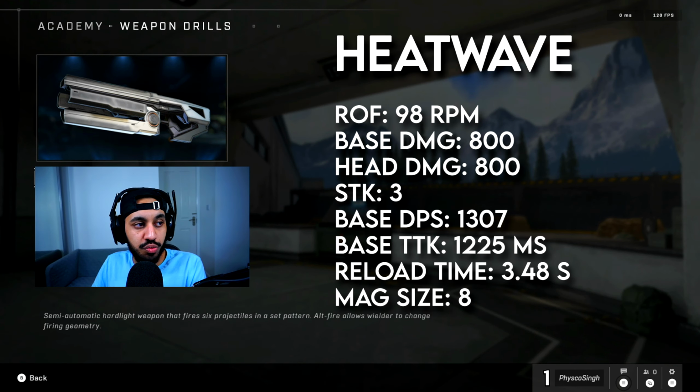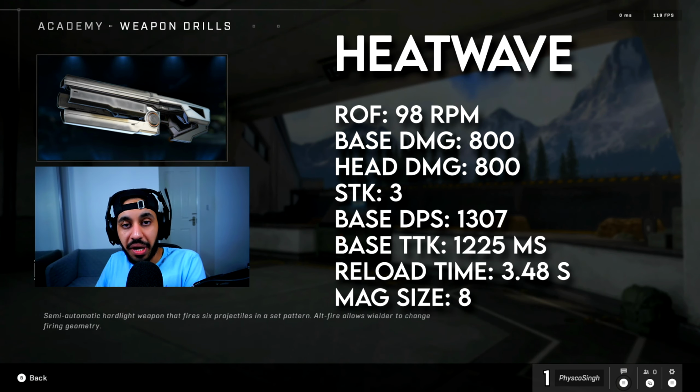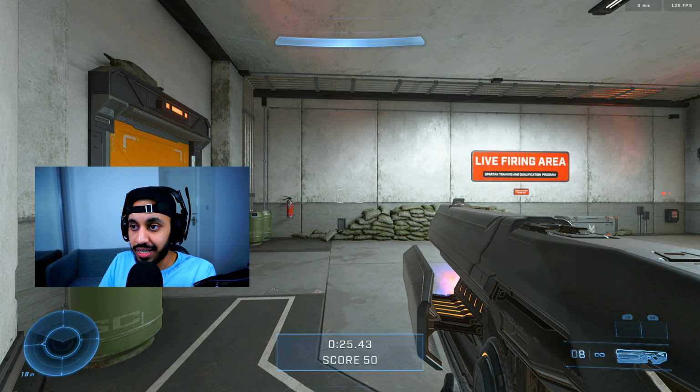The base DPS is 1307. The base TTK is 1225 milliseconds. The reload time is 3.48 seconds, and the mag size is 8. Now, if you only land one pellet on an enemy target, not all 4 of your shots, you will be dealing 200 damage. So the weird thing about this gun is not only does it fire horizontally,